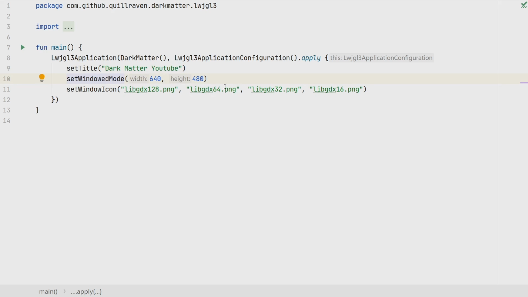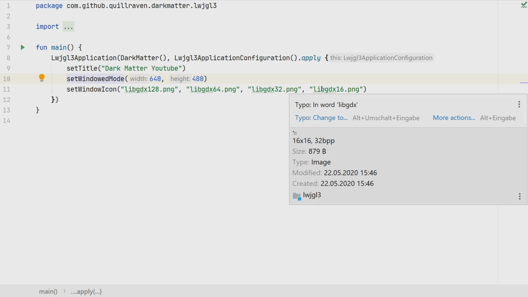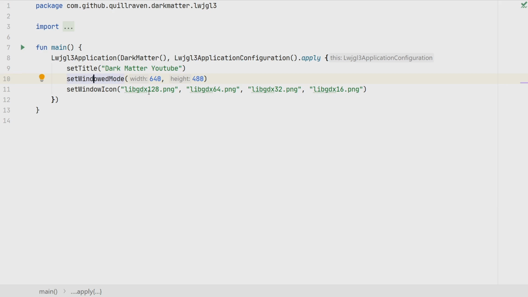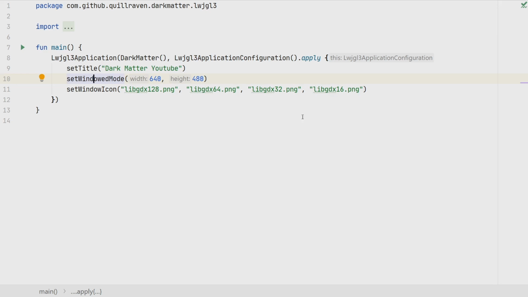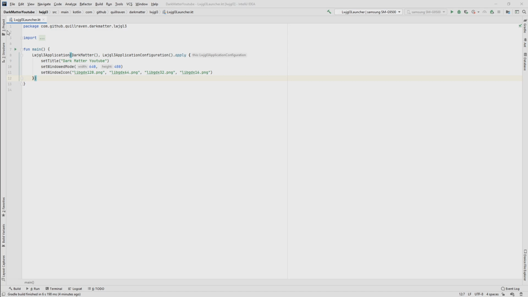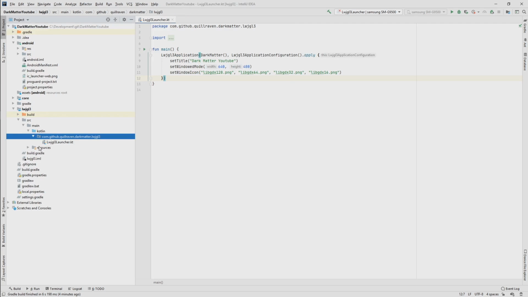And there we get 4 icons with the setup jar, and the one which is closest to which should be used for the window will then be used. So the one which is closest to the real scaling will then be used. That's why different resolutions are provided, and depending on the resolution on the computer, it will use different icons. And the icons itself, if you want to change them, they are stored, I think, in the